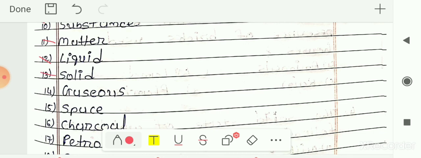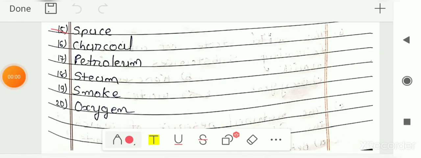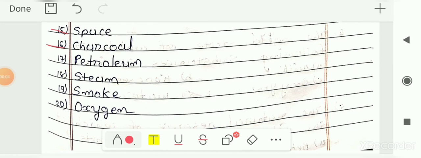Thirteenth is solid, SOLID, solid. Fourteenth is gaseous, GASEOUS, gaseous. Fifteenth is space, SPACE, space. Sixteenth is charcoal, CHARCOAL, charcoal. Seventeenth is petroleum,